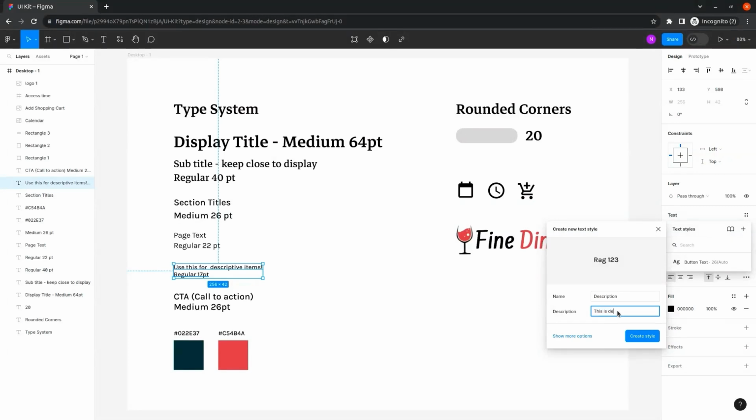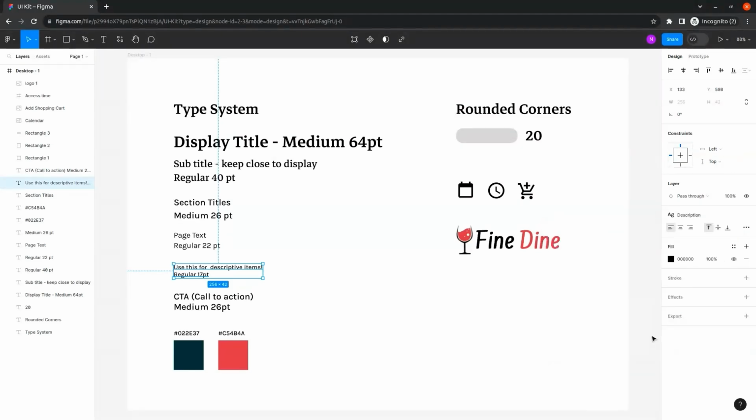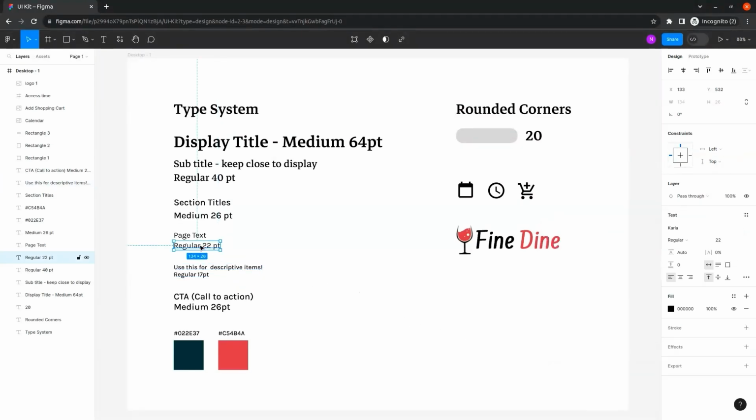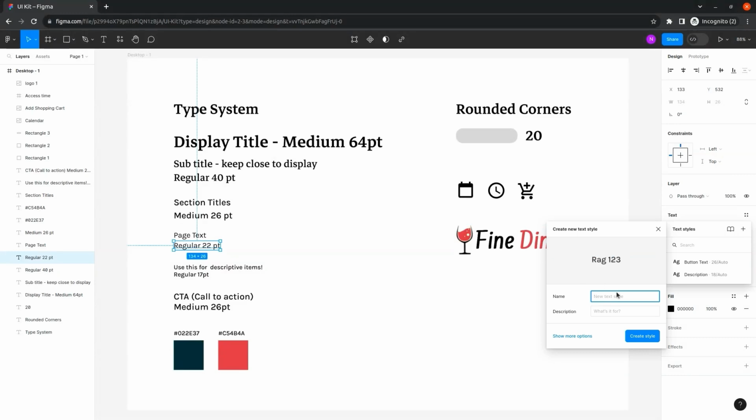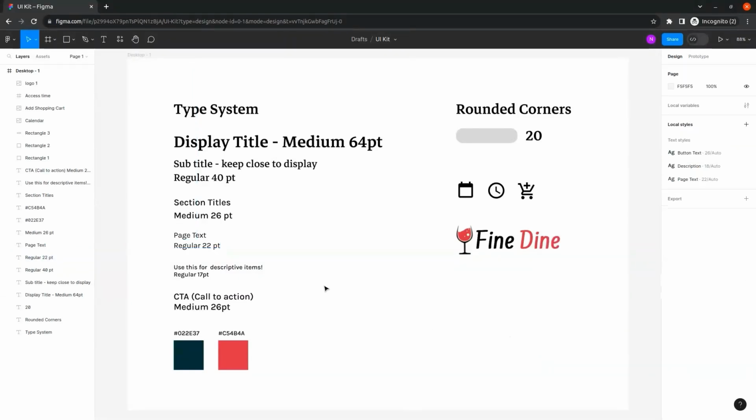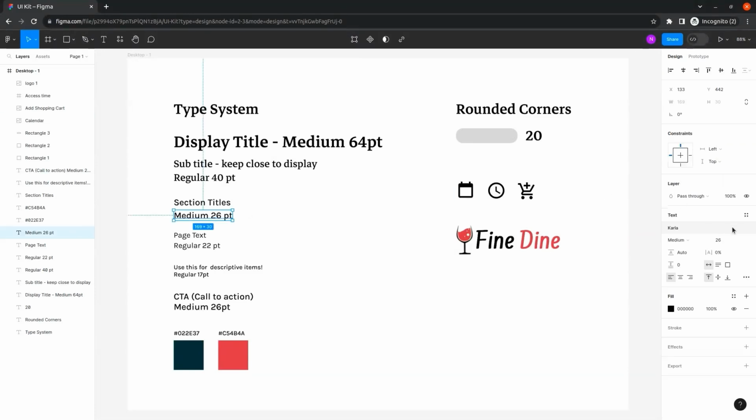This is description, create style. Next we have this regular page text, and we can create a style for this as well, page text. This description is optional, so we can skip it. And next we have this section titles, medium 26. So we can select and we can create style,